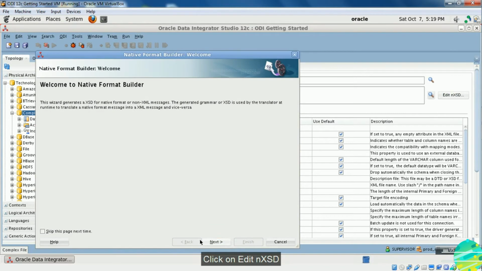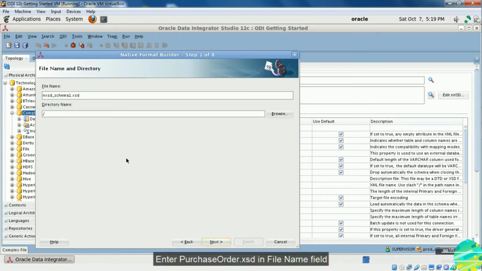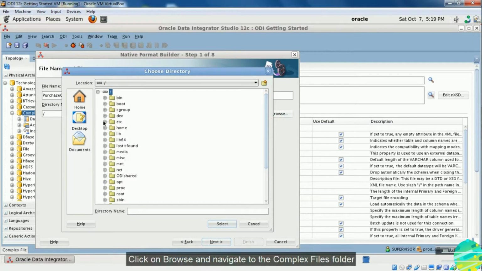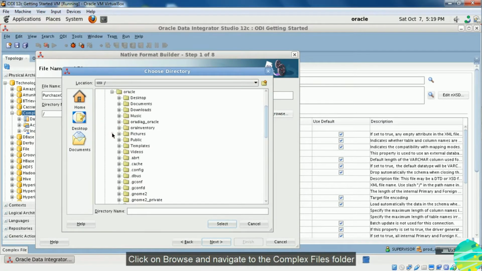NXSD. Click on next. Enter purchase order.xsd in file name field. Click on browse and navigate to complex files folder.